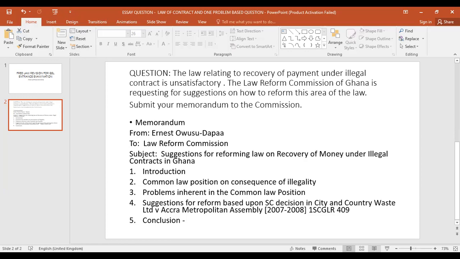highest court of the land came face to face with the unsatisfactory nature of the law relating to recovery of money or payment and